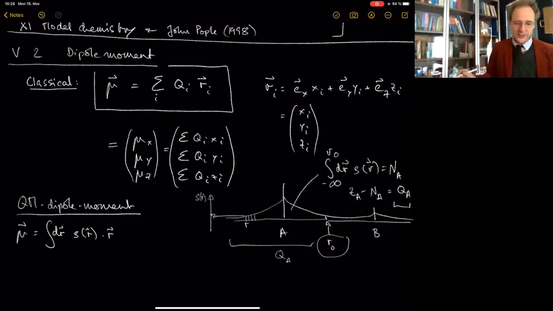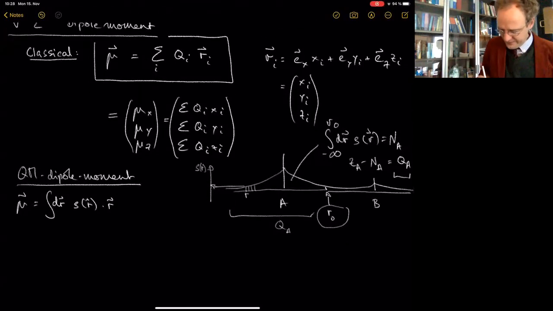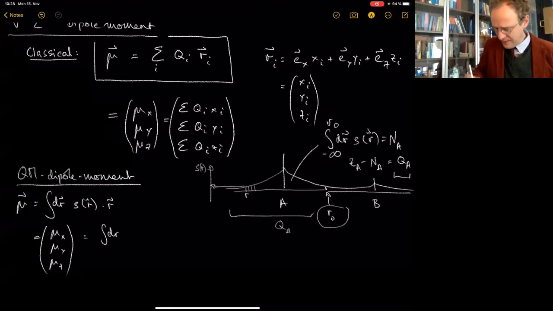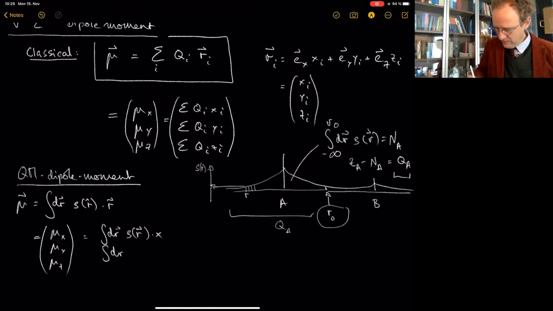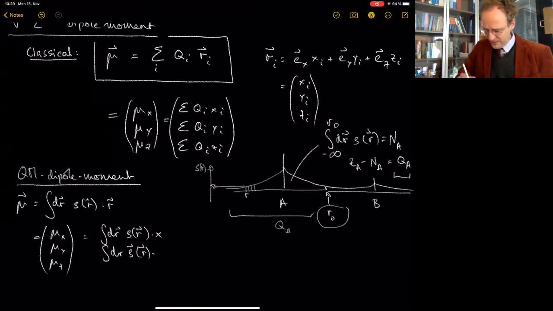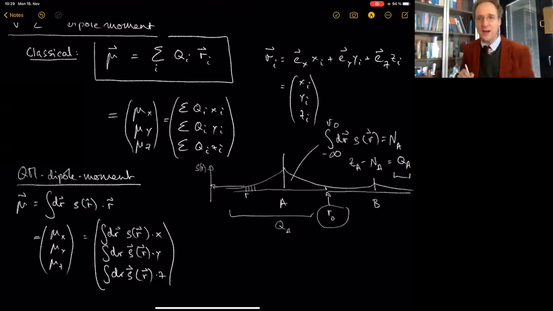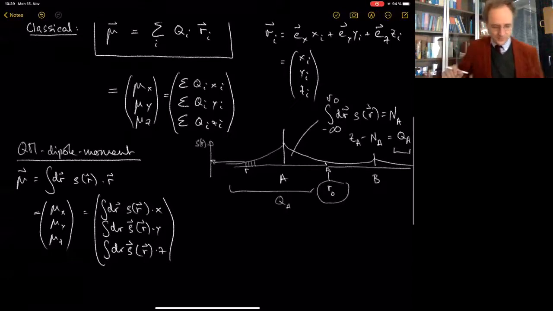So it's just a continuous analogue of what you've just seen, and it is still true that this is mu_x, mu_y, mu_z. It is still a vector, and each vector element is the integral over rho. Mind you, rho is just a number. So you integrate over a number times the variable x, an integral over a number times variable y, an integral over a number times variable z. That is how our vector is defined now, right? Okay,